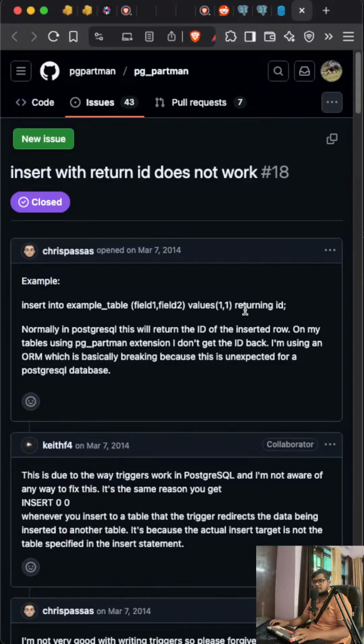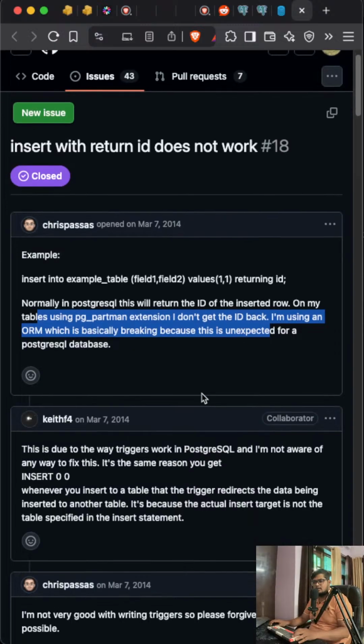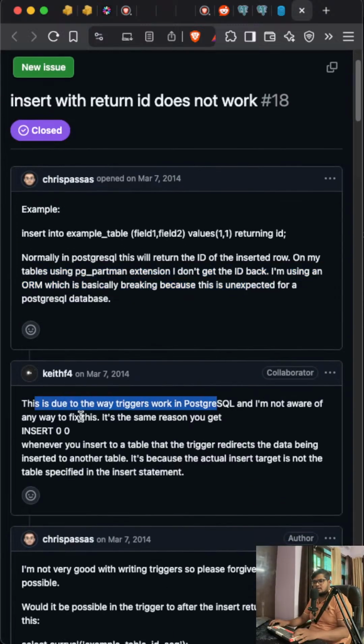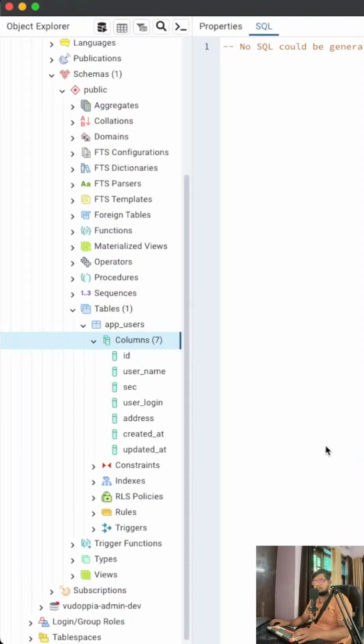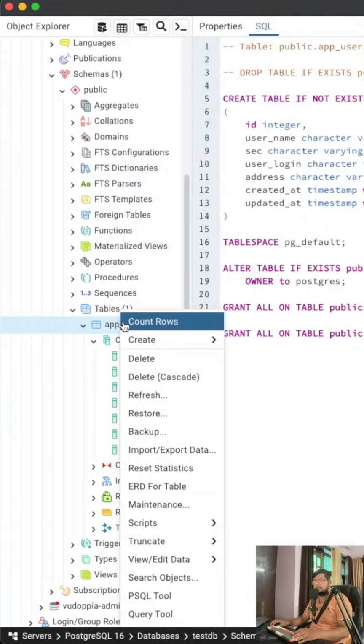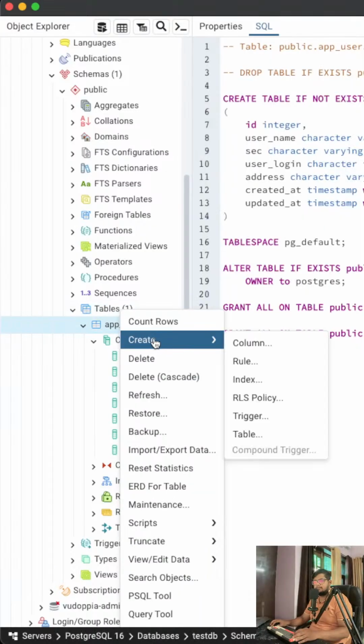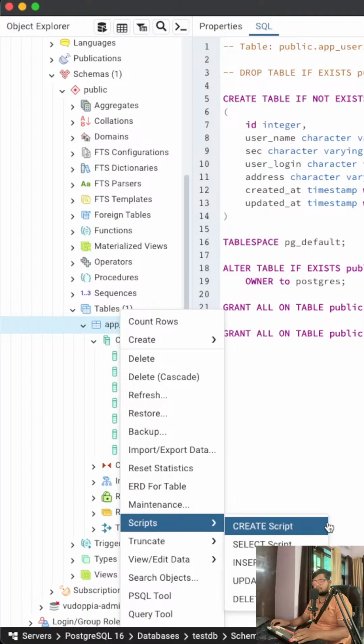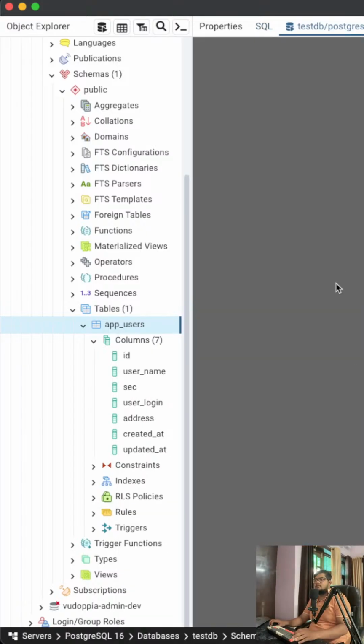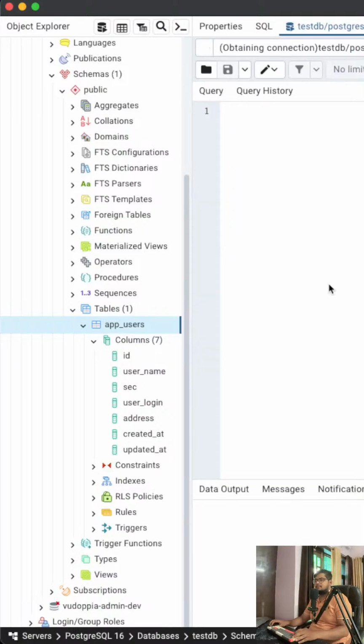Insert into this returning ID. Normally in Postgres, this will return the ID of the inserted row. On my tables using PSQL, I didn't get the ID, but I'm using an ORM. Triggers, I'm aware of anything inserts. Whenever you insert into the table, that triggers redirect. Let's see if the data is inserted. If I run this query,